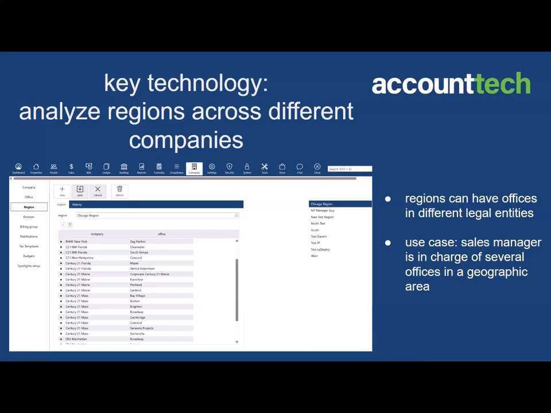I think it was about spotlights for analyzing the performance of a company using spotlights. And spotlights primarily in AccountTech are filtered by a date range and then by company and then by office. Well, we figured out the technology associated with making those charts and graphs dynamic based on region. So now we're going through all the most popular widgets that you can put on a spotlight, and we're in the process of adding the ability to filter those spotlights by region